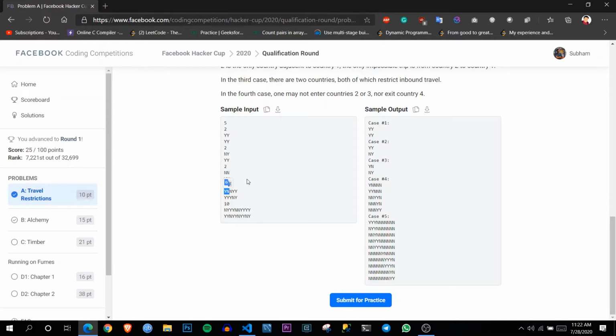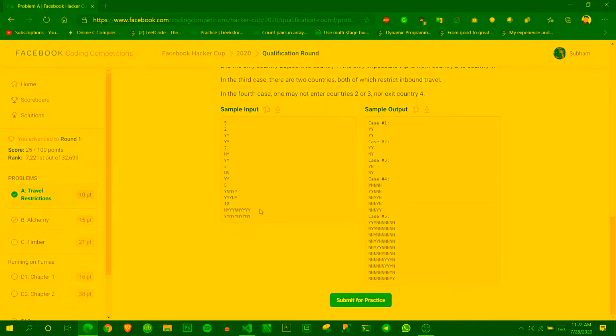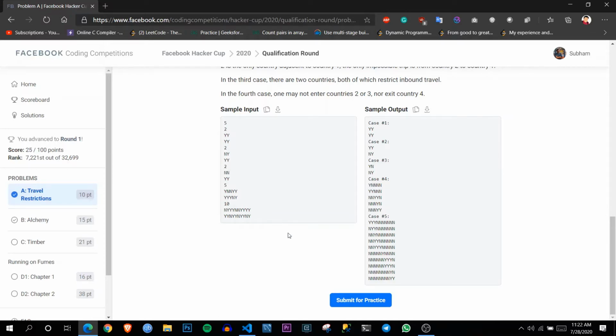Let's say if the right city has outgoing as yes and the left city has incoming as yes, that means we can go from the right city to the left city. So basically, how we have to do this problem is we have to form a directed graph where we form what all cities are reachable from one city. How to actually form the graph, I will be showing on the whiteboard.